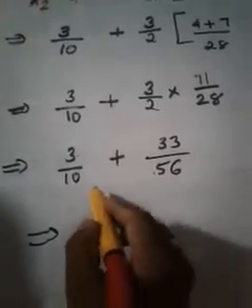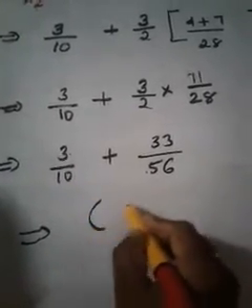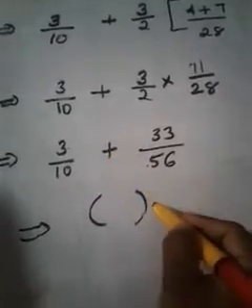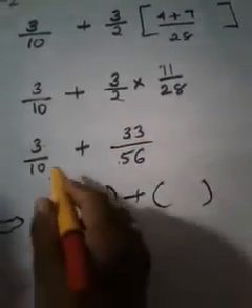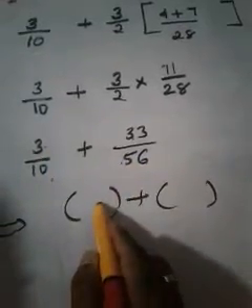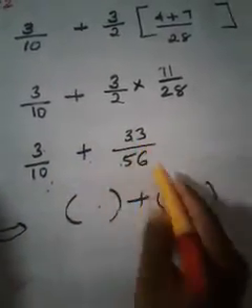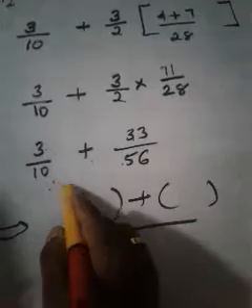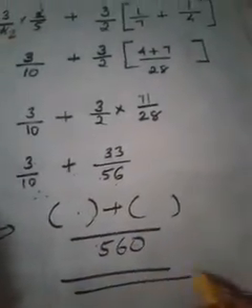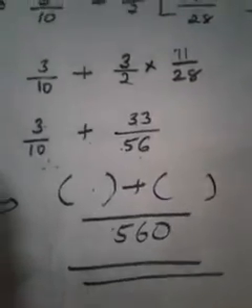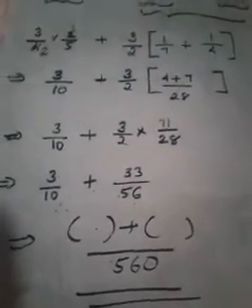You have to calculate the result. I am leaving that for you. 3 into 56, just calculate. Then this sign plus 10 into 33, just calculate. Keep it there. So 3 into 56 you can write here, plus 10 into 33 you can write here, divided by 10 into 56. 10 into 56 is nothing but 560. And calculate the answer. That will be the final answer. Okay. In that way you have to go on.